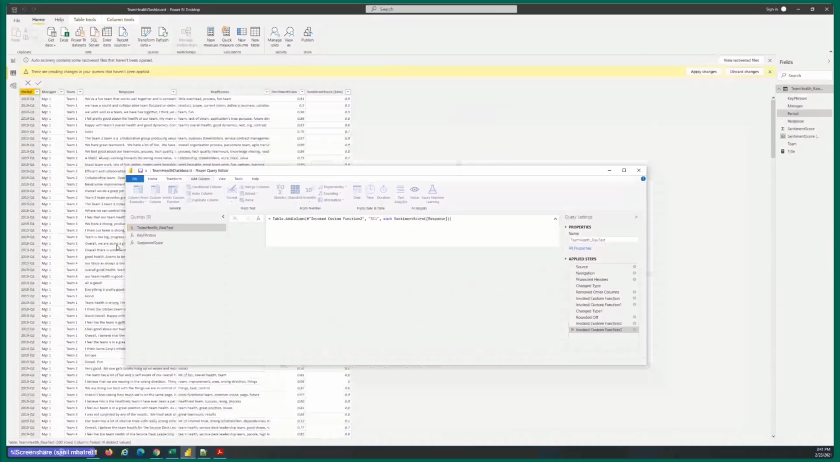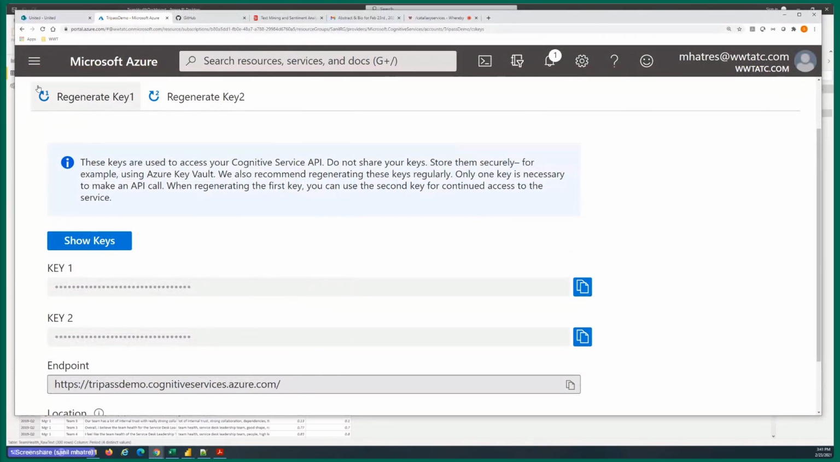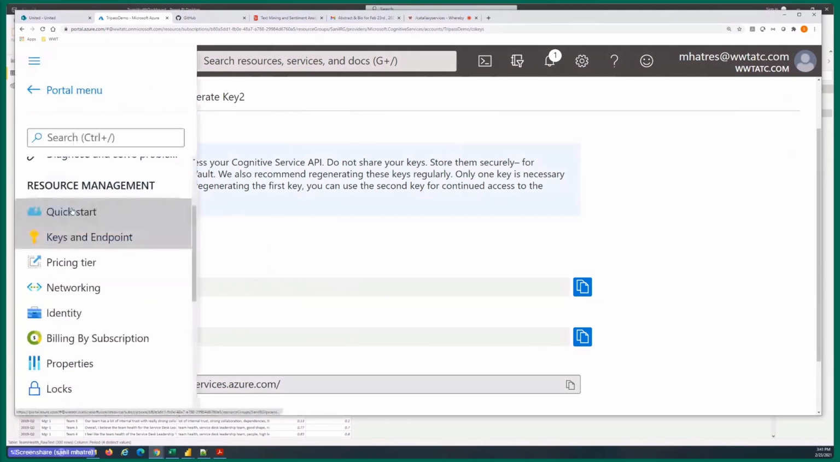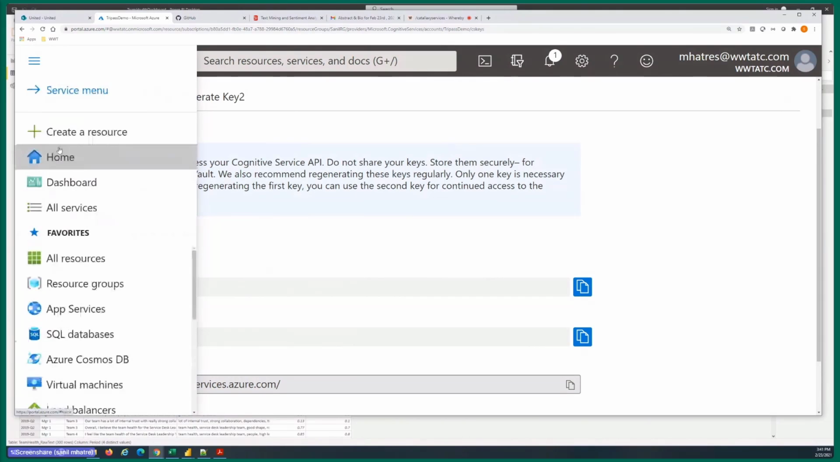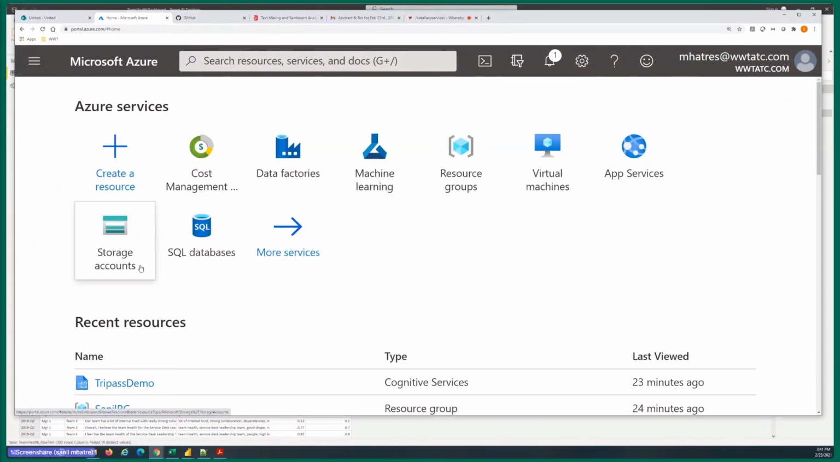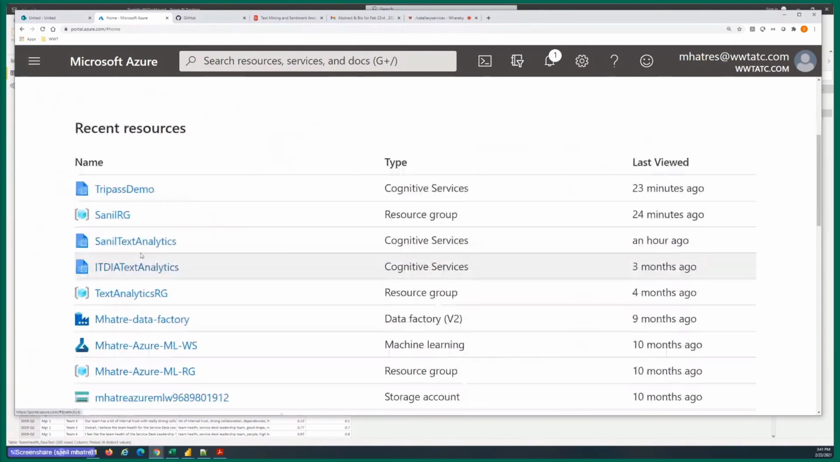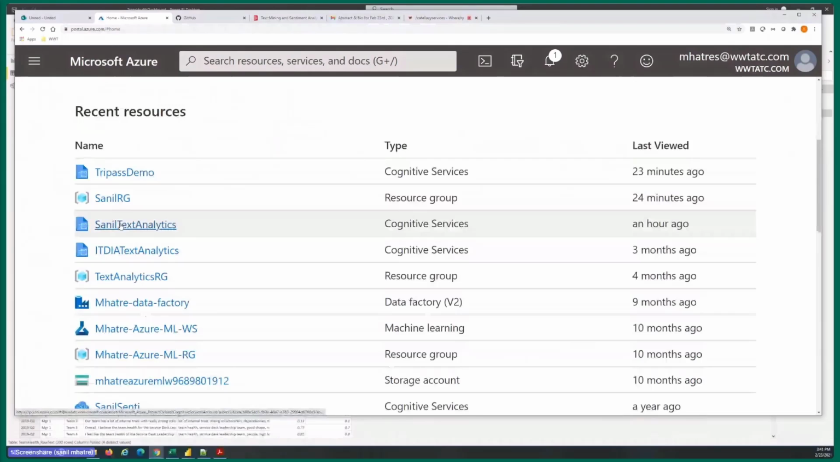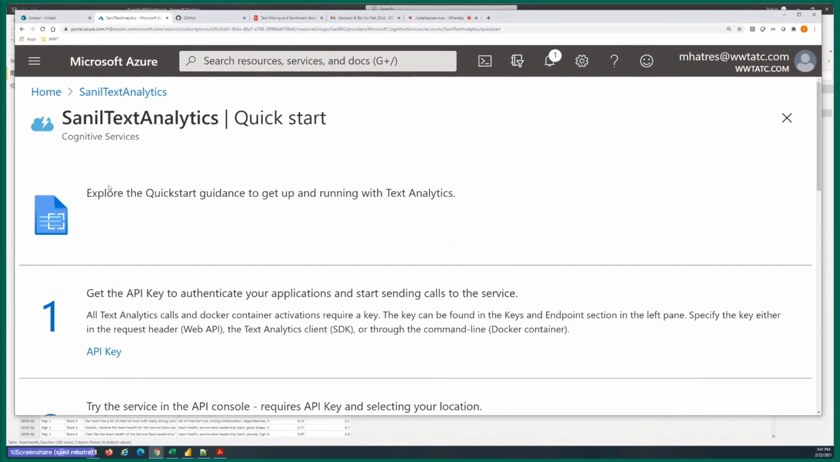This is again where if you're not very sure what it's doing, you can always go into the portal and you can look at the activity against your Azure Cognitive Services APIs. So in my case, I am going to go into the previously created one. I'm not going to go into the try-pass demo cognitive service because I did not use that one. I used the Sanil Text Analytics cognitive service. So let's go into that and